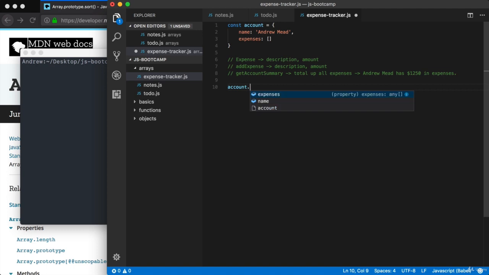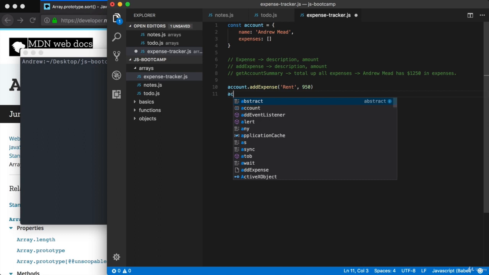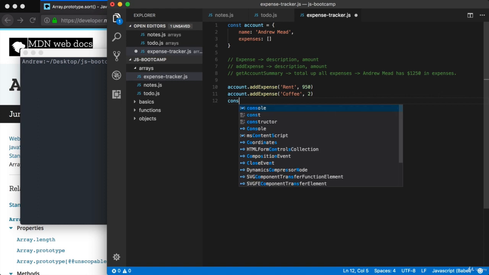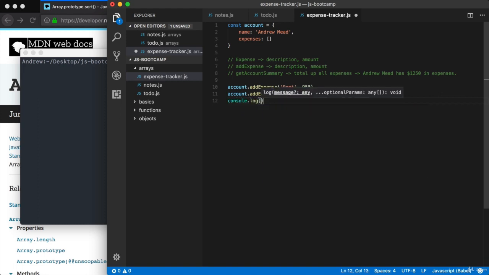Account dot add expense. I'm going to add it right here. Let's say it's rent. Let's say it's $950. I'll add one more. Account dot add expense. Let's say this one is coffee. I'll add this one at $2. Then the last thing I'm going to do is use our other method. So I'll use console.log to actually print something, and account.getAccountSummary, and I am going to call it with no arguments, expecting my string to print, saying that Andrew Mead has $952 in